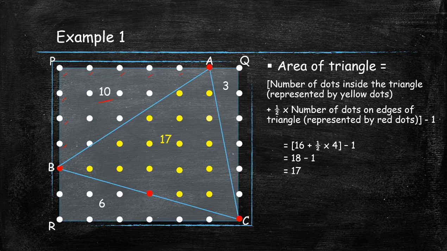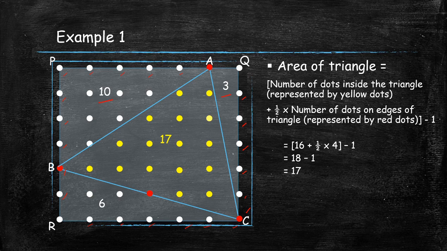So now triangle AQC. So now the length of AQ is 1. QC is 1, 2, 3, 4, 5, 6. So half into 1 into 6 equal to 3. So area of triangle AQC is 3. Now triangle BRC, so length of BR is 2. Length of RC is 1, 2, 3, 4, 5, 6. So 2 into half into 6 equal to 6.